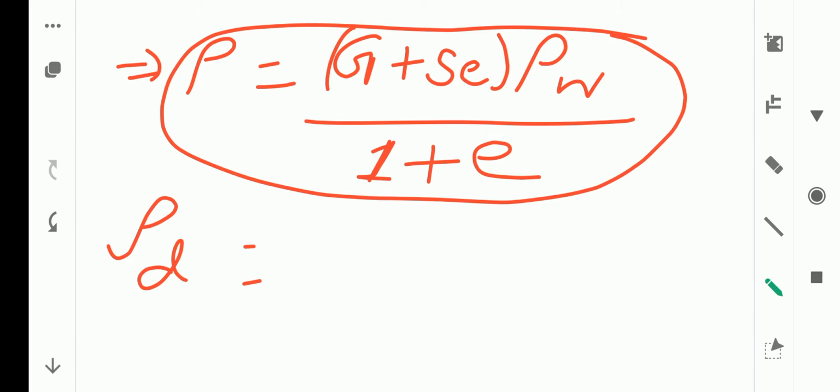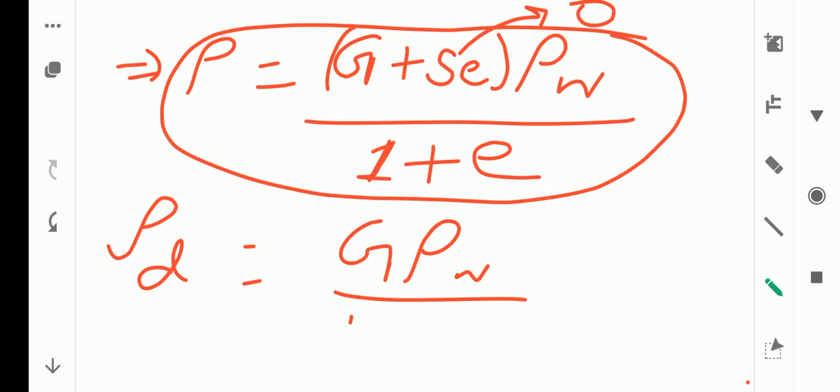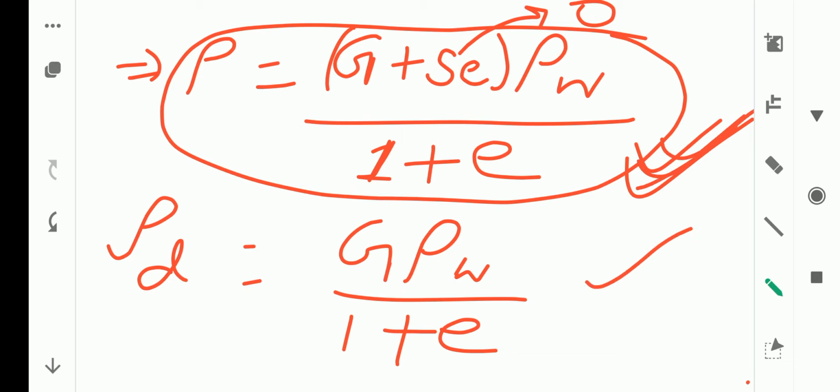Dry means, don't you think so, when it is dry, S is going to be equal to 0. So if we put 0 here, we will get G rho W upon 1 plus E. So you can say that this equation is the master equation. Using this equation we can find dry density, saturated density, and more things. Okay,